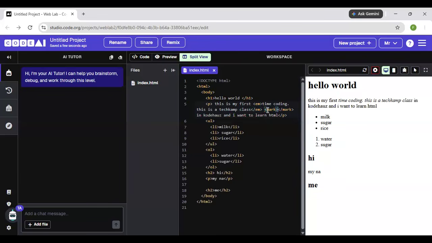Okay. Let's say, okay. Now, what this does is it highlights text within the paragraph. That's all. Within whatever you need to highlight. That's what happens if I put it here.